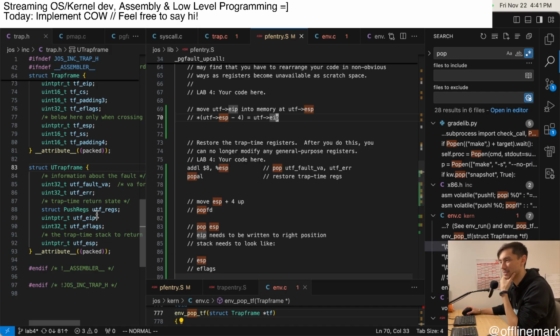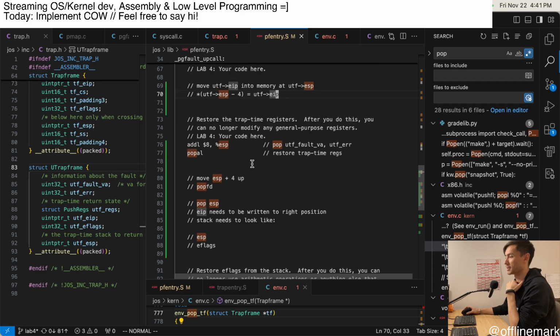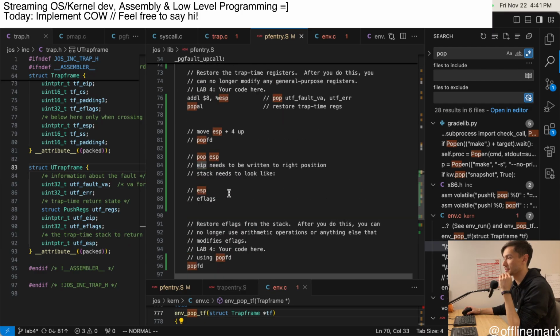Basically the whole problem is this thing is not ordered in a way that's very helpful. Yeah, why is this ordered the way it is? I kind of feel tempted to reorder it. But the stack needs to look like this. We need to somehow push E flags, push ESP. So can we